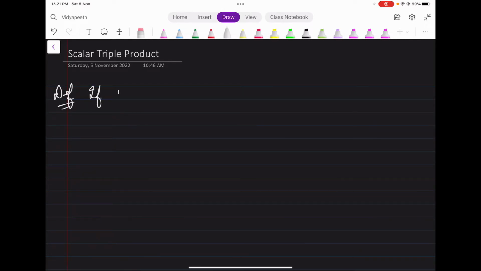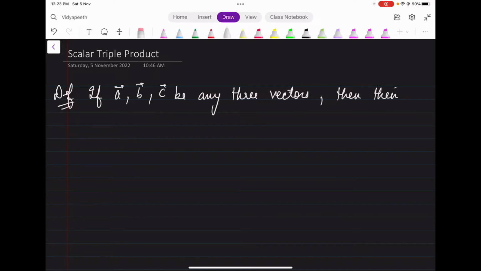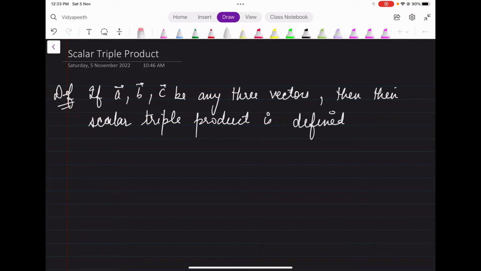If we consider three vectors, vector A, vector B and vector C, any three vectors, then their scalar triple product is defined as A dot B cross C. That is how we define the scalar triple product, and it is denoted by